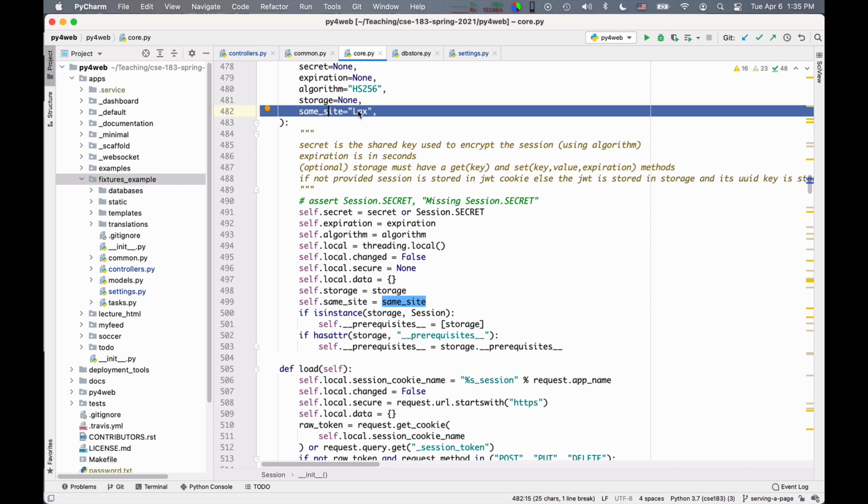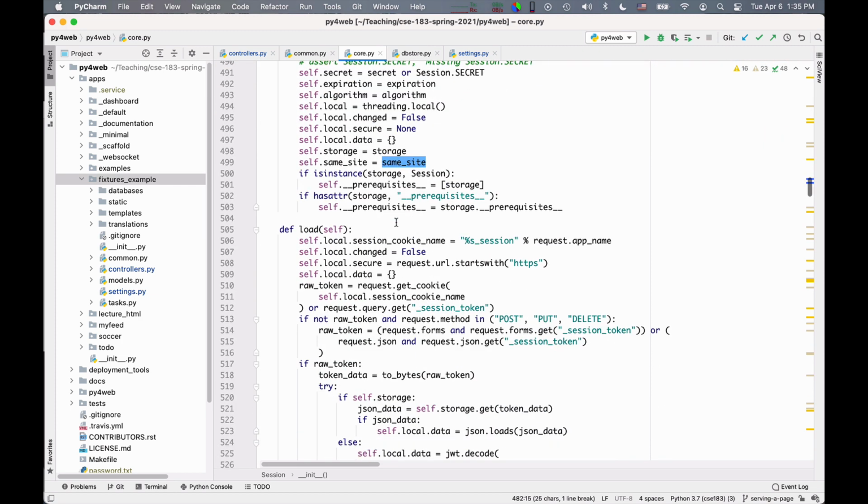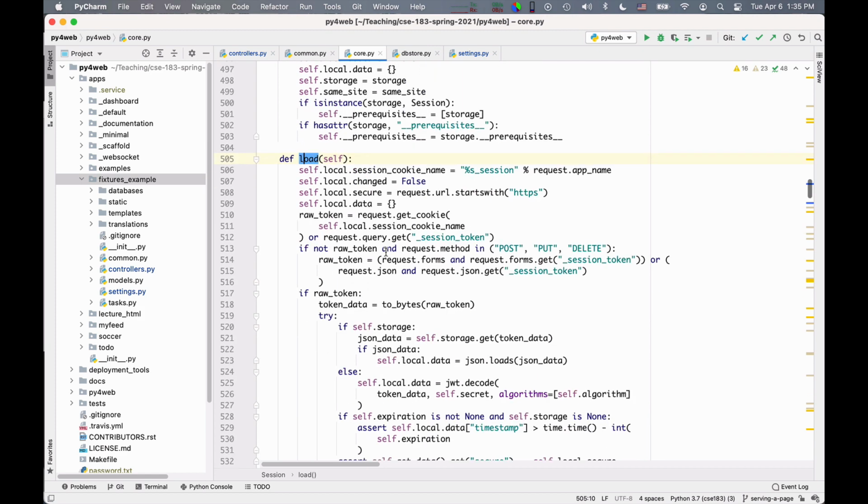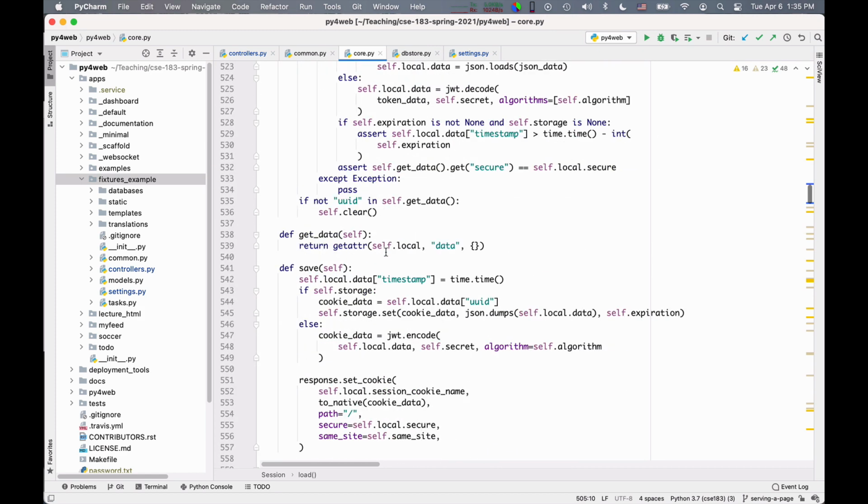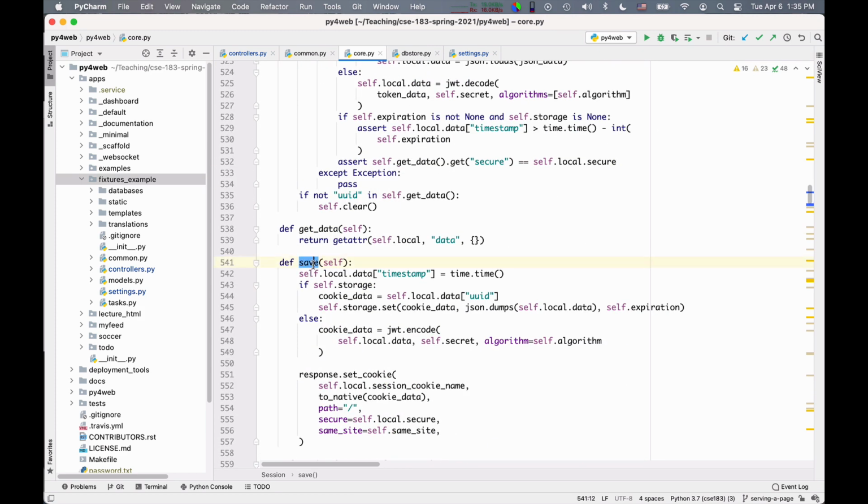Okay, so again, there are many open threads of things that I will have to cover another time, but you should look at these methods load and save, because they are one of the really core pieces of Py4web and of how the framework works. Right, this is what enables you to recover the user information and to store it back at the end of a call.